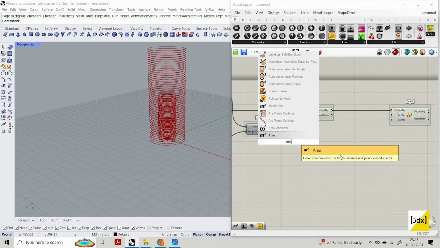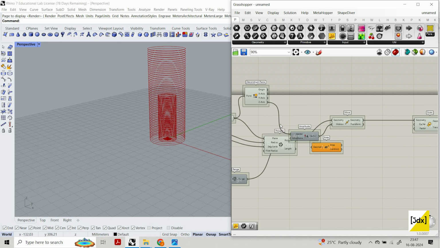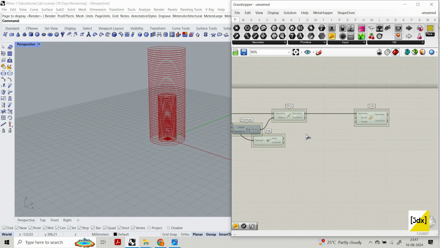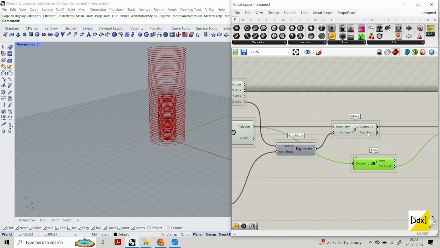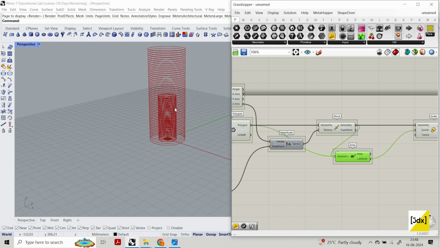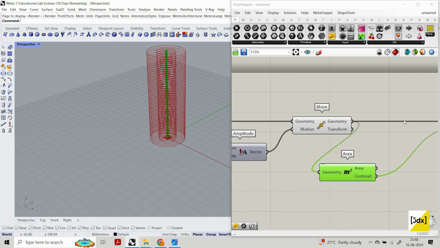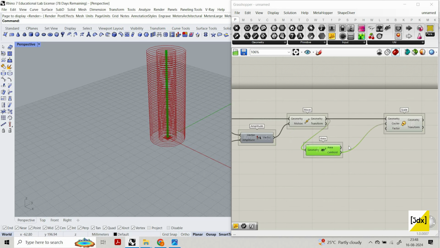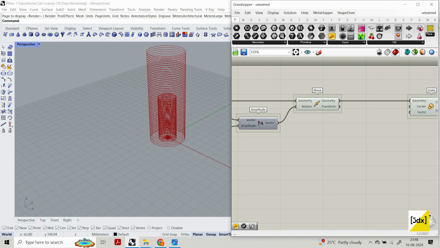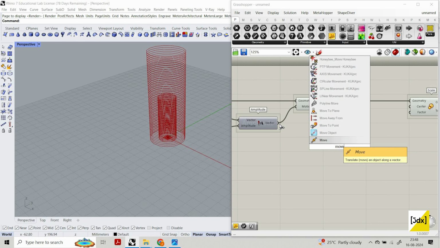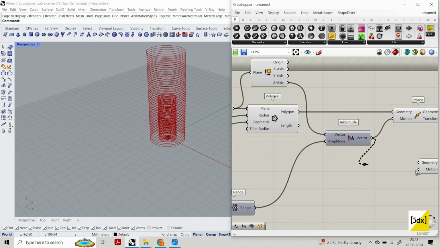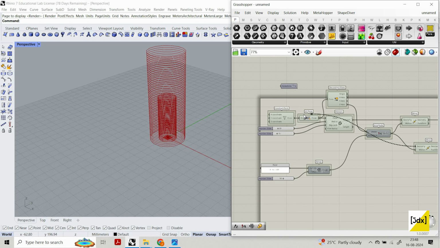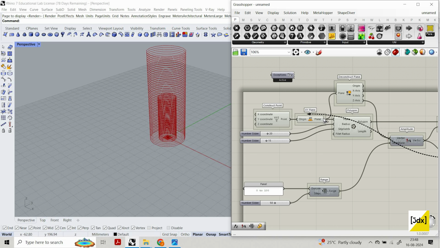What you can do is you can create area, and you can create polygon like here, and you can connect it over here. Okay, sorry, I need to connect the polygon here because it has only one polygon over there, the move polygon. So you can do this, or else you can create move again here. Use the same vector value in the motion and create a geometry from xyz plane,